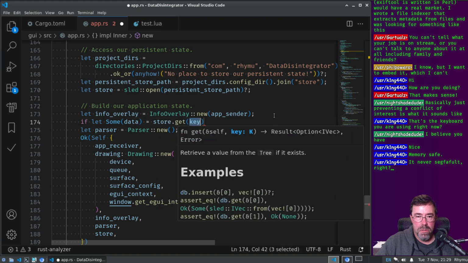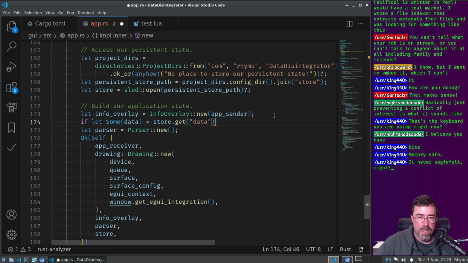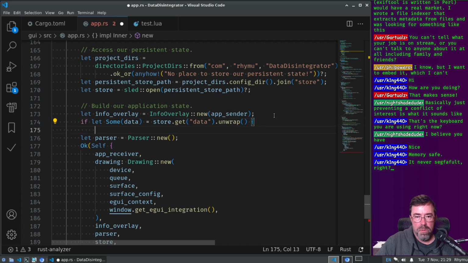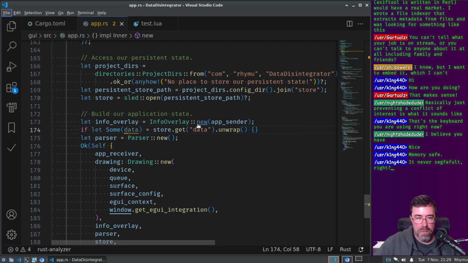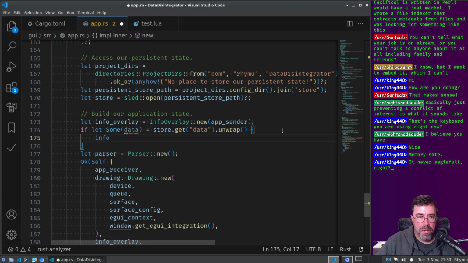Store.get data, which it occurs to me I should make into a constant. Unwrap. IVec, right? Can I get it as a string or a path? Anyway, info overlay